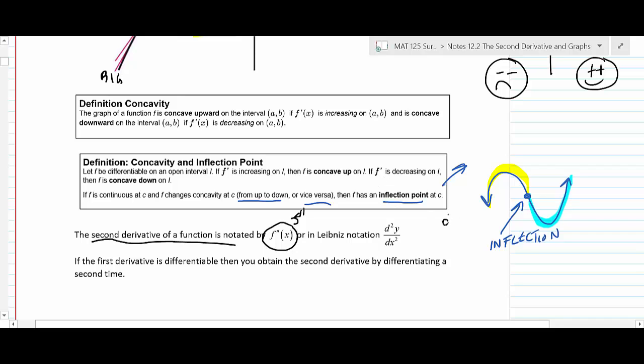In Leibniz notation, you're used to seeing dy over dx. Well, if you have d2y over dx2, that's a second derivative. Those aren't exponents, that's just the symbolism that you're doing a second derivative. So the idea is